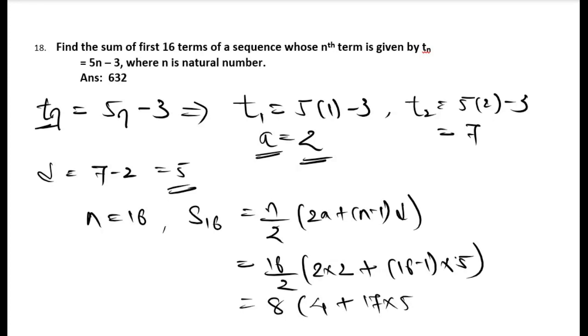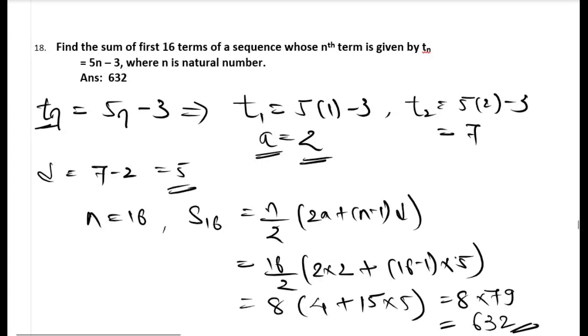See, again I'm making silly mistakes. These kind of mistakes also happen with you in exam. It happens to any human being. We can't do anything about it. Only we have to be more aware. So 15 into 5. So 8 multiplied by 15 fives are 75. 75 plus 4 is 79. 79 eights are 632. Right? So that was also a simple question.